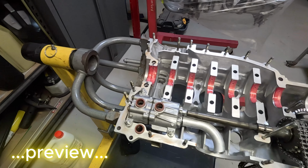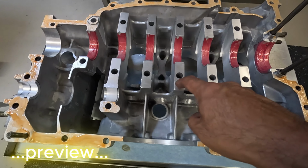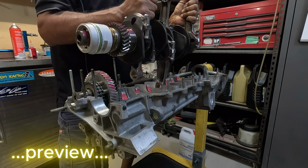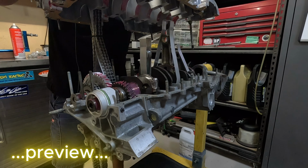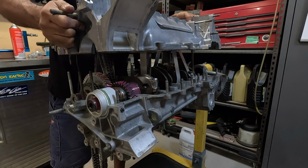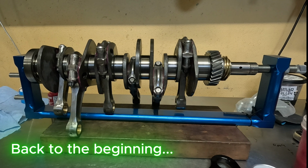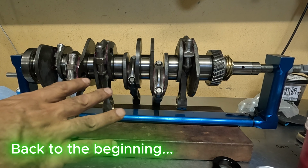Okay, so we're getting ready to close up the case. I-74 to this side of the case. You'll notice that I have not done the main webs. I do find it a little bit hard to record videos while doing this sort of work with the crankshaft